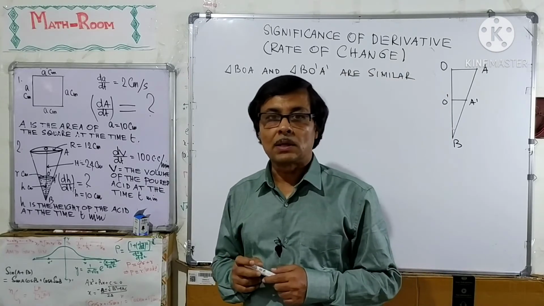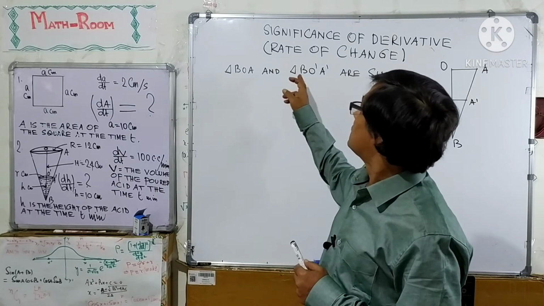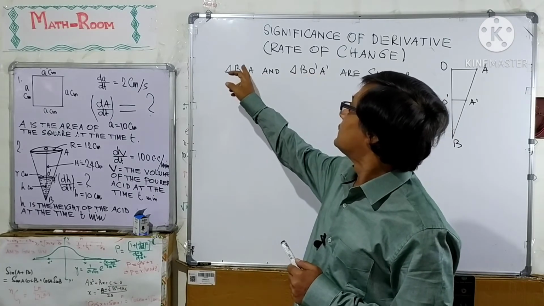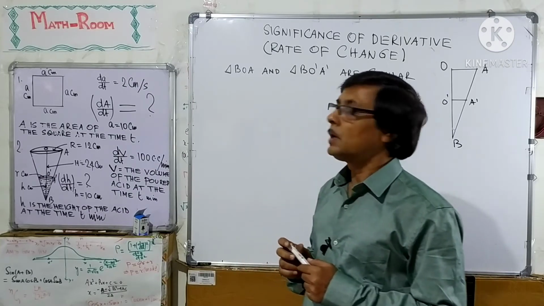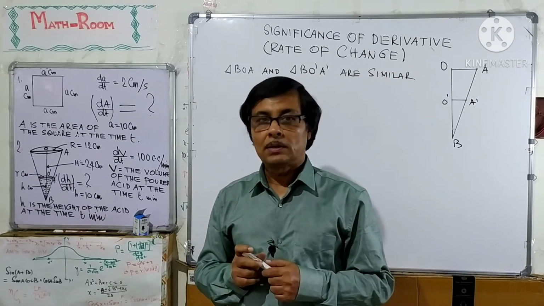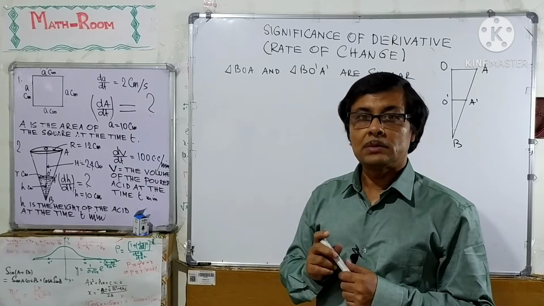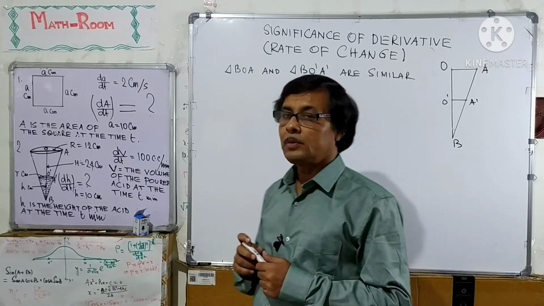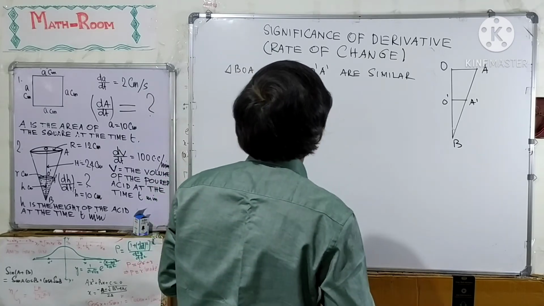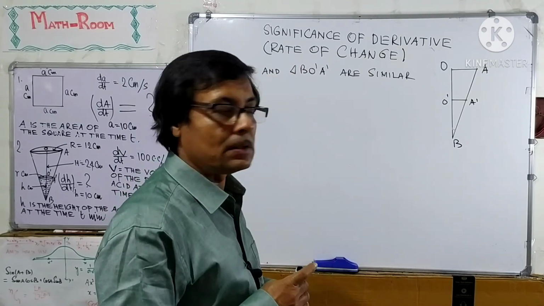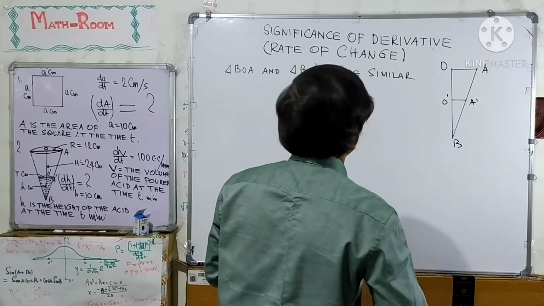Also, these triangles are similar. This can be easily verified. We have also known the properties of similar triangles. From the properties of similar triangles, the ratios of the sides are equal. That is, we can write